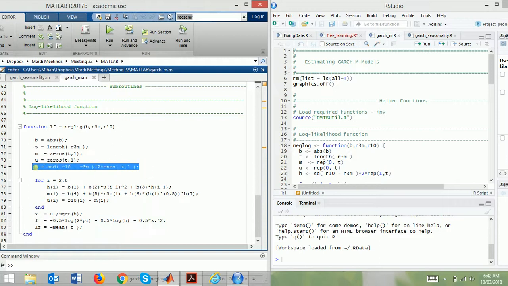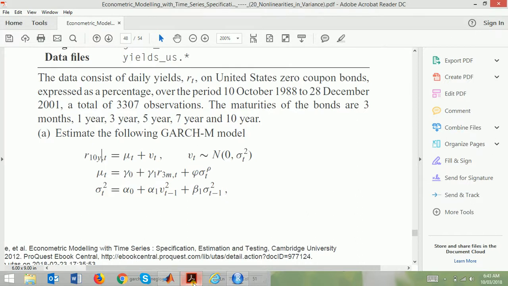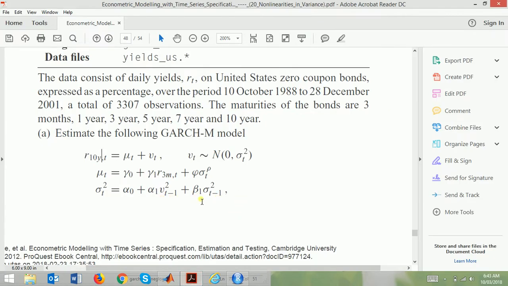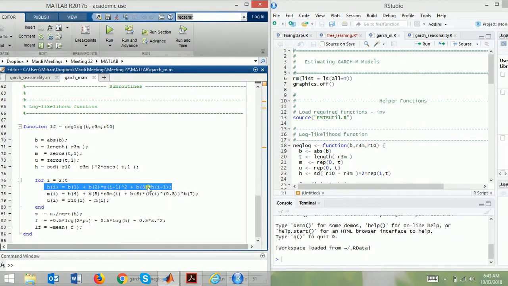So basically we have the GARCH equation. We have 3 equations from 2 to T. First we have the GARCH equation. So beta 1, beta 2 u squared, beta 1, beta 2, alpha naught, alpha 1 v squared, and beta 3 times I minus 1, which is v squared, and then I minus 1 sigma, not squared, because H is GARCH. GARCH is already in the variance form. So u squared, but H I minus 1. Then comes